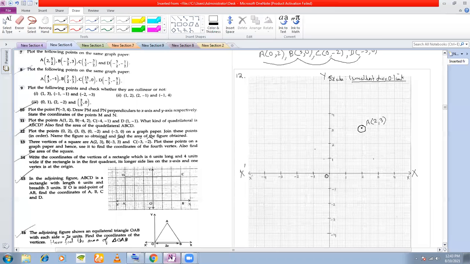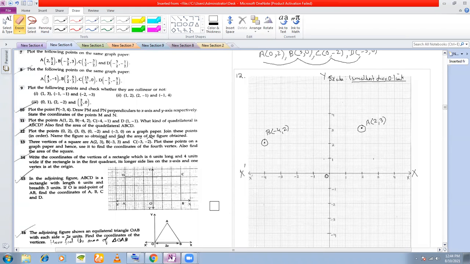Next, B (-4, 2). You mark the point (-4, 2). Minus 4, 2 will be where you start from the origin, start moving here, minus 4. And then you go plus 2, minus 4 comma plus 2. So you start moving vertically. This is your point B (-4, 2). You agree, all of you? Yes, sir. Okay.